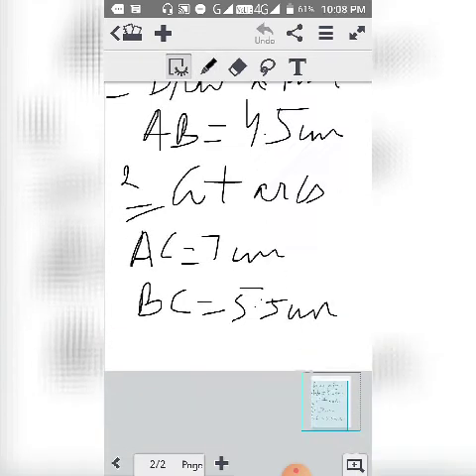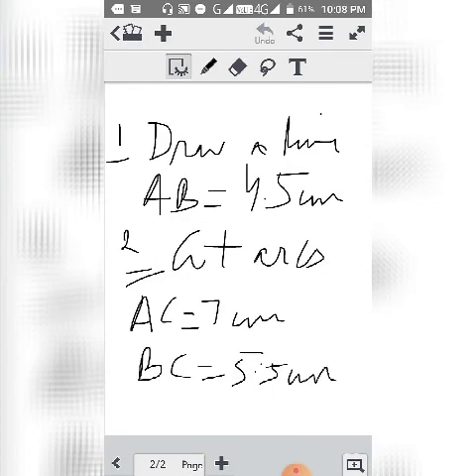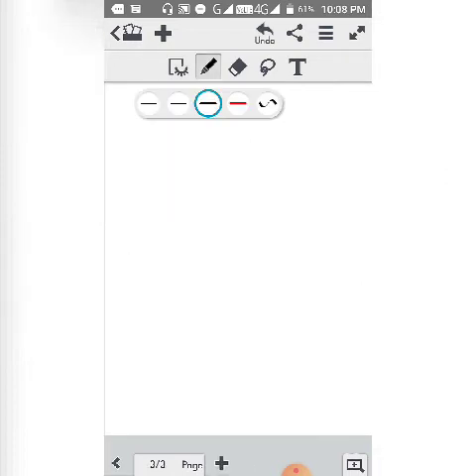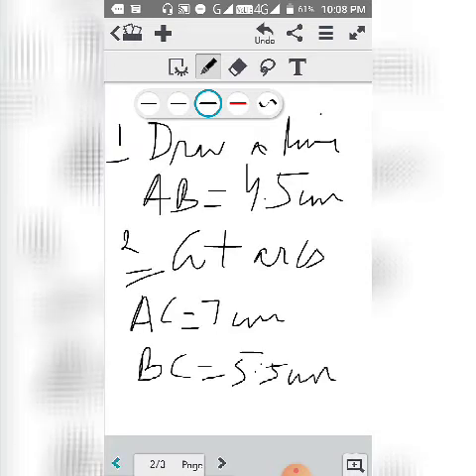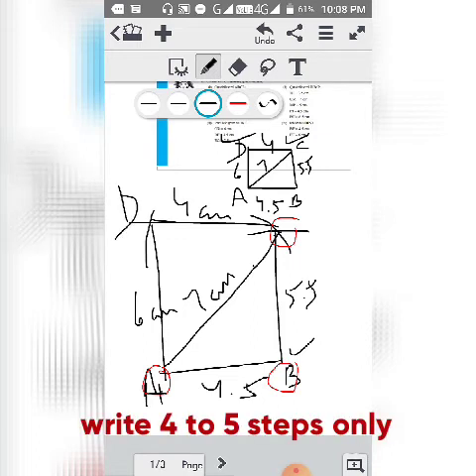Then the third step. In the third step also we did with compass. So we will just write what we did in the third step. We made CD 4 and DA 6. You can see CD is equal to 4 and DA, this was point D, DA is equal to 6. So write,